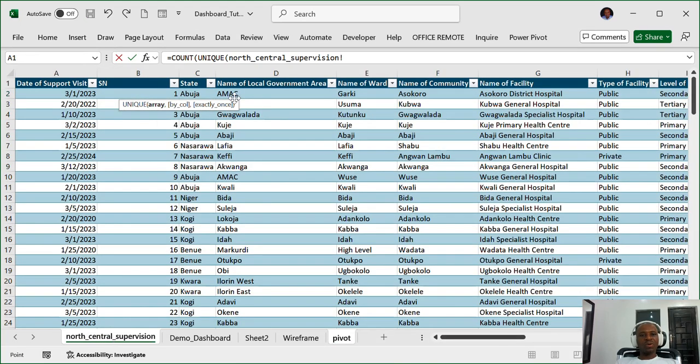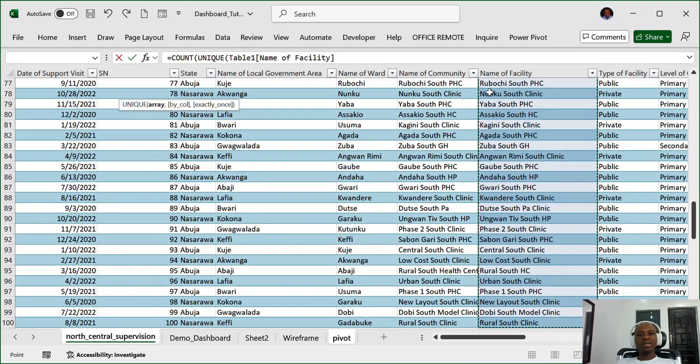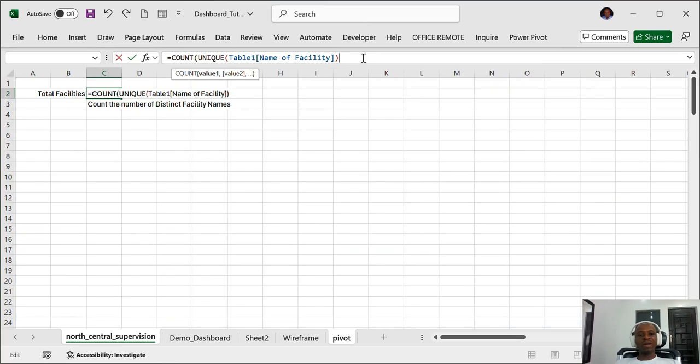We go back to the worksheet. This is the name of the facilities, and this is the first facility. If I hold here, hold shift, control, down arrow key, it highlights the entire column. Then I close the brackets. In a nutshell, what we have here is table one, that's the name of this table, name of facility, bracket closes. So this replaces the cell reference. You will understand this if you understand the concept of a table. So if I press enter,